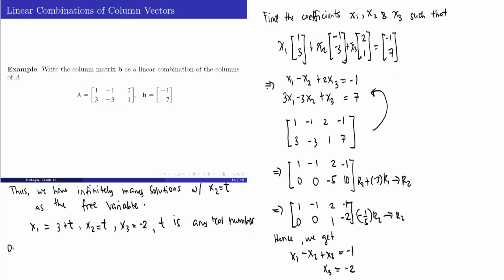So one solution of these infinitely many solutions, let's say t is equal to 1. So if t is equal to 1, we get x sub 1 equals 4, x sub 2 is equal to 1, x sub 3 is equal to negative 2. Thus, we can have the linear combination of these column vectors. We have